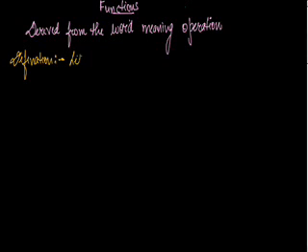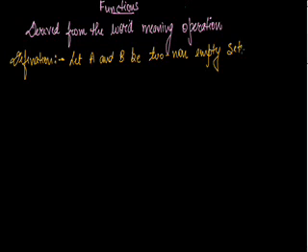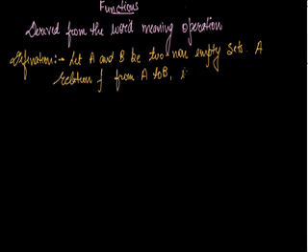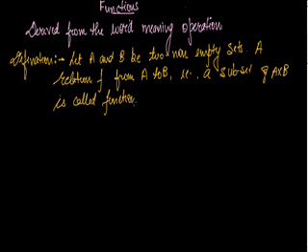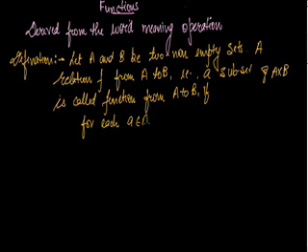Let A and B be two non-empty sets. A relation F from A to B, that is a subset of A cross B, is called a function from A to B if for each a that belongs to A, there exists b that